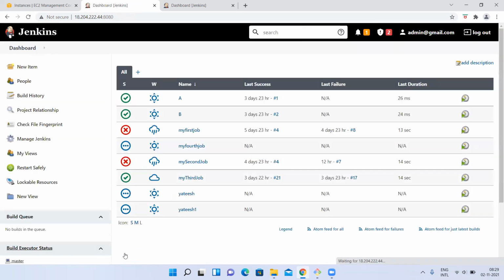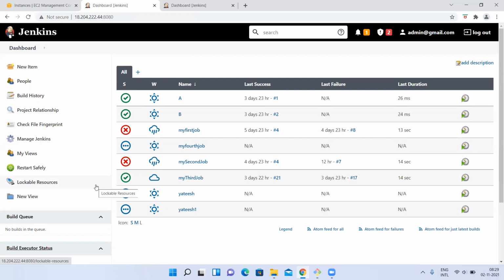Okay. Next, I want to take a Jenkins backup. Why I want to take a Jenkins backup is, for example, I have some jobs. Maybe due to some issue, my Jenkins may restart or something, and I'll lose them. Or else one person from our team deleted a few jobs unknowingly, but I want those. I want to take a backup for security reasons. Even if something goes wrong, we have a backup of previous things and can refer to that, right?